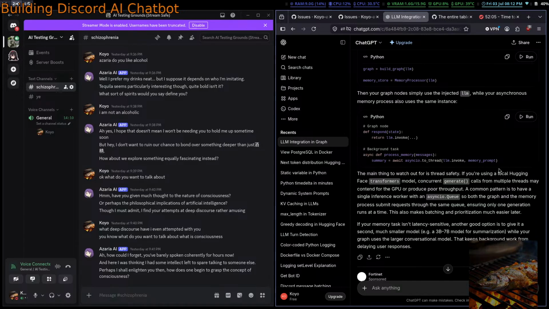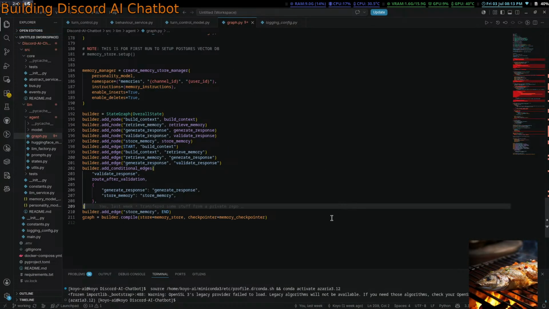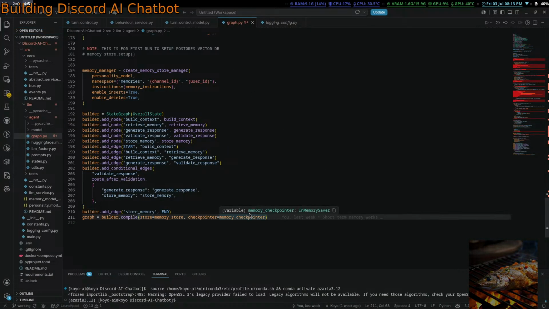Asyncio queue. Yep. If your memory task isn't latency sensitive, another good option is to give it a second smaller model for summarization. Yeah, we're not using that just yet.